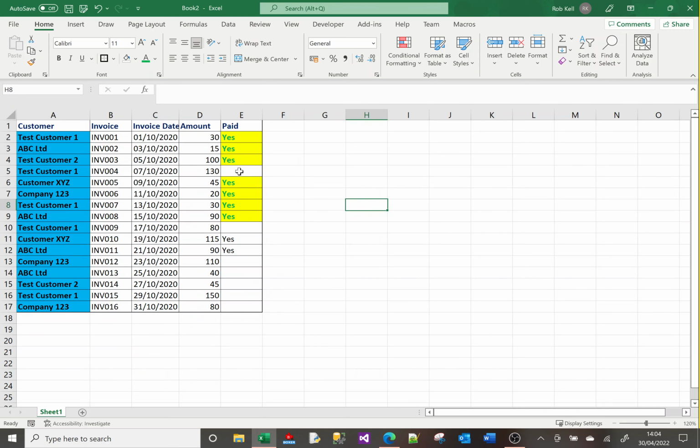So now you can see it's ever so slightly thicker. I'm going to highlight here and do the same. And I'm going to highlight here and do the same. And now that makes it look that little bit more like a table with specific headers and specific